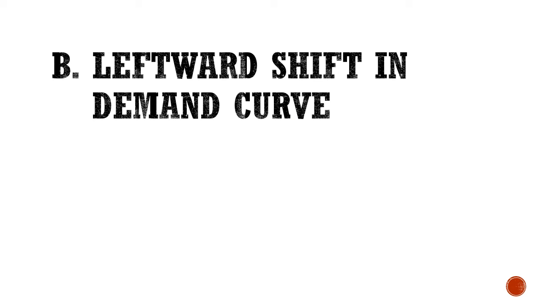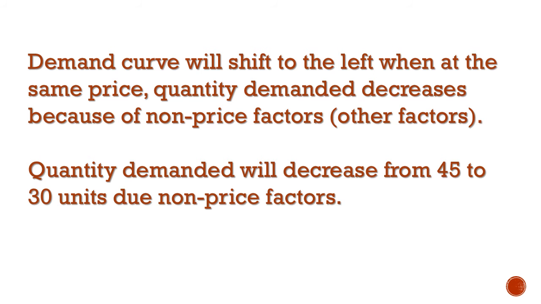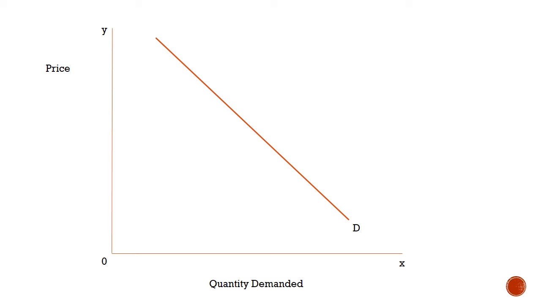Students, we have discussed the rightward shift in demand curve with the help of a diagram. Now we are moving forward towards the concept of leftward shift in demand curve. Leftward shift in demand curve happens when there is an unfavorable movement of factors other than price. These factors, when they move in an unfavorable direction, will cause the demand curve to shift towards its left, or we can also name it as decrease in demand.